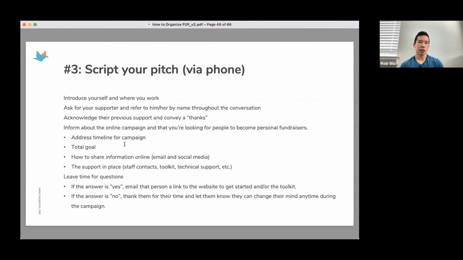All right. And the last script over here is a phone script. So this is what you'll do. You can do a phone-a-thon for recruitment, or after you have that giant list of folks you want to recruit, you get all your staff members down and say, hey, here's a list of 100 people you need to contact, just follow this list. So you want to create a script. This is a template you can use where you're basically acknowledging the donor. You first want to thank them, tell them what you're trying to do, and then see if they want to do it. So this allows you to just go down the line, call people, as well as engage your contacts this way.